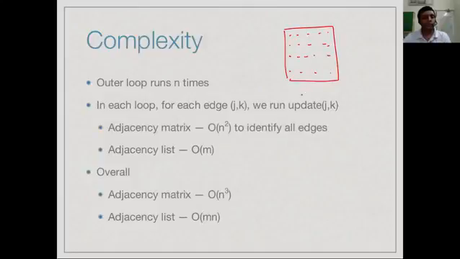Okay. But in an adjacency list, we have exactly the edges that we want, right? So we have 1, 2 up to n, and we have exactly the edges. So we can do this update in order m time. So if we use an adjacency matrix, just identifying which are the edges takes us order n square time, because we have to probe every entry in the adjacency matrix. Adjacency list, we can do it in order m time. So therefore, if we use an adjacency matrix representation, overall Bellman-Ford algorithm takes n cube time, whereas with an adjacency list representation, we can reduce it to mn, and so if therefore the number of edges is small, this is going to be a much better solution than n cube.